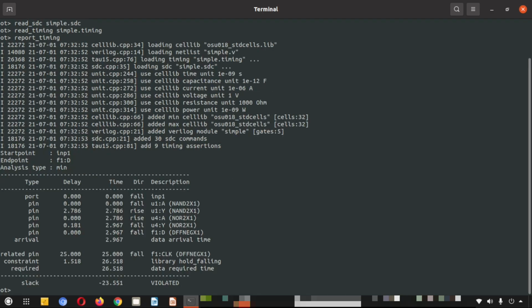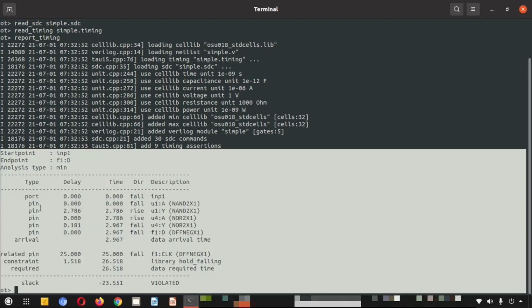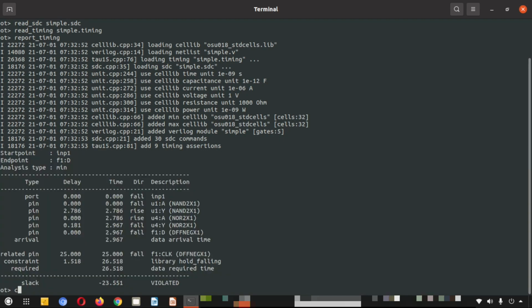Now you can see that once I hit the report timing, all the things get processed one after another. So even if I load the files and don't do the report timing, the internal timing analysis process will not happen. That process has happened. So when it has happened, first you can see there is a log created, as you can see in this section, right? And then you can see that there is a section here that reports one particular path for the timing violation. So let me clear.